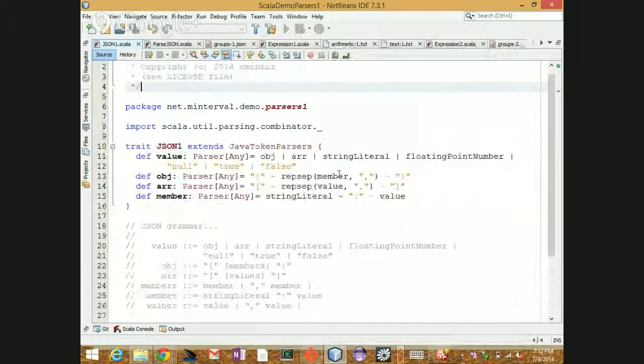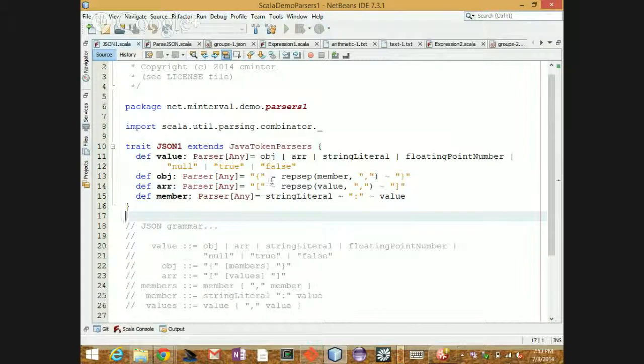Okay. What's cool about this is if you just visually compare the way grammars are normally thought of, you'll see it's pretty much the same thing. Everything that was a bar is a bar for alternatives, and everything that was just next to each other has this operator in between for a sequence, and strings are quoted here.